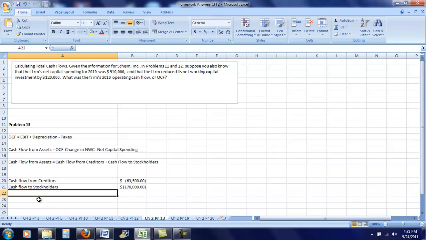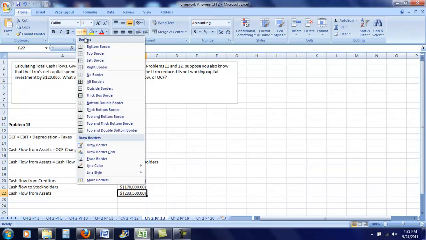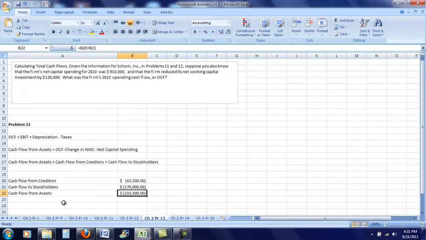And so my cash flow from assets equals minus 33,500. So the next thing I'm going to do is rearrange the formula above so that we're solving for operating cash flow. So if I want to rearrange the formula to solve for operating cash flow, I'm going to say that